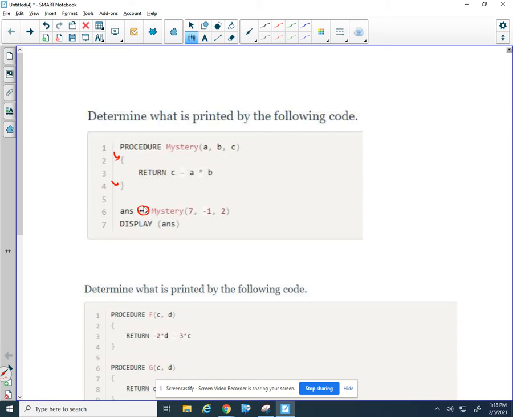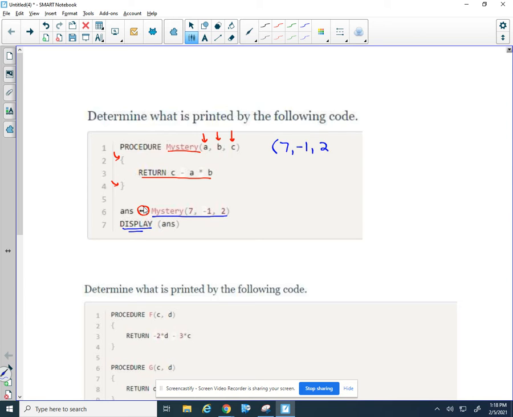So we have a function or procedure called mystery that takes 3 parameters and returns this expression from those parameters. So the first thing that's happening is we're running mystery for the numbers 7, -1, and 2, and we're storing it in answer, and then displaying answer, which is another word for print or console log, depending on what language you were looking at. So I'm going to write mystery